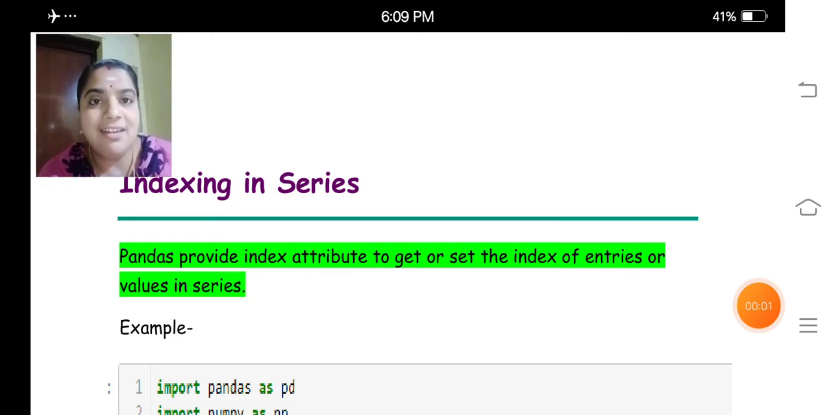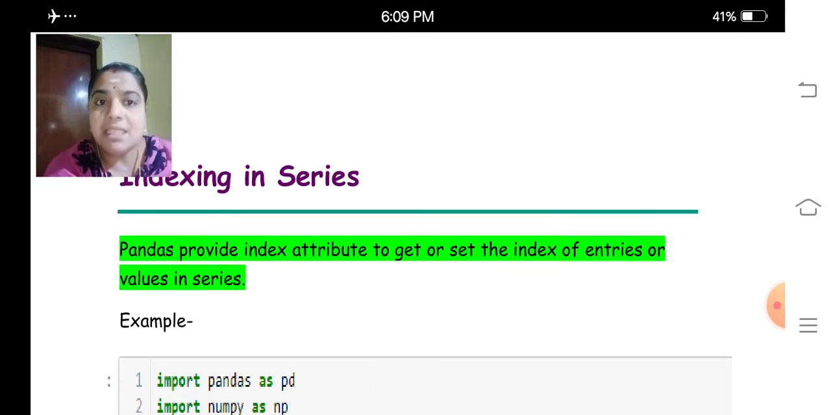Hello my dear children, this is the next topic in the series. Here we are going to discuss indexing in series. Pandas provides the index attribute to get or set the index of entries for the values in a series. That we already discussed. Again, I am giving an example program for how to get or how to set the index